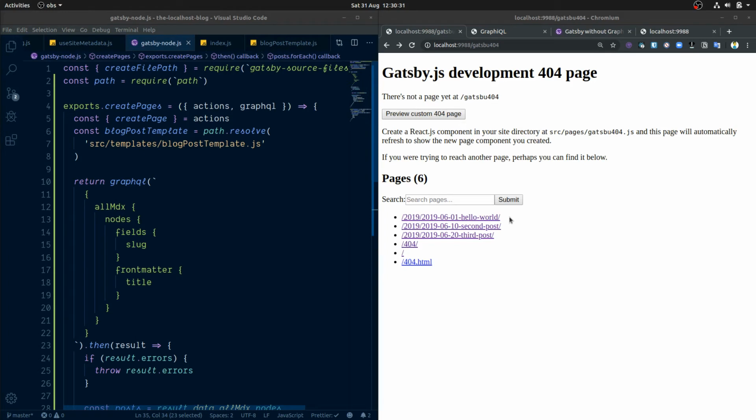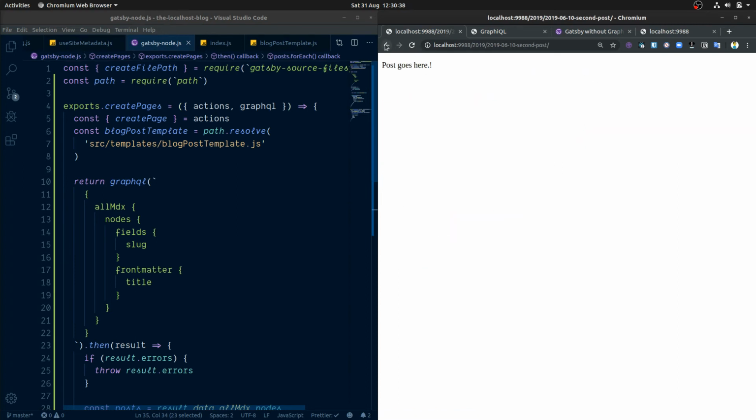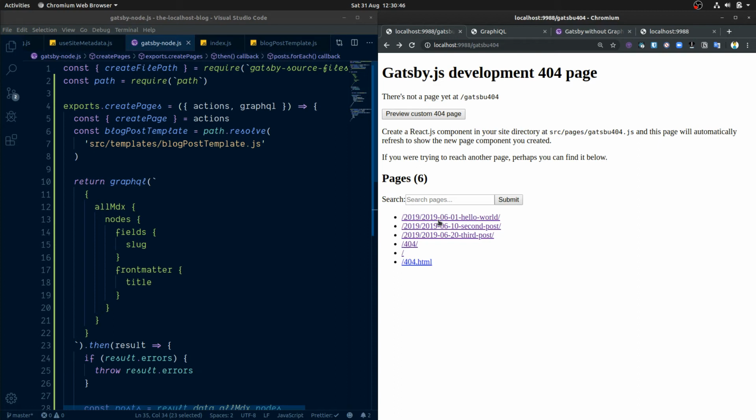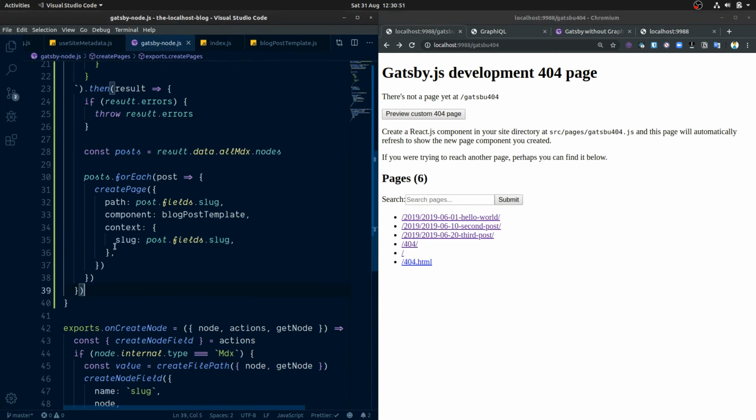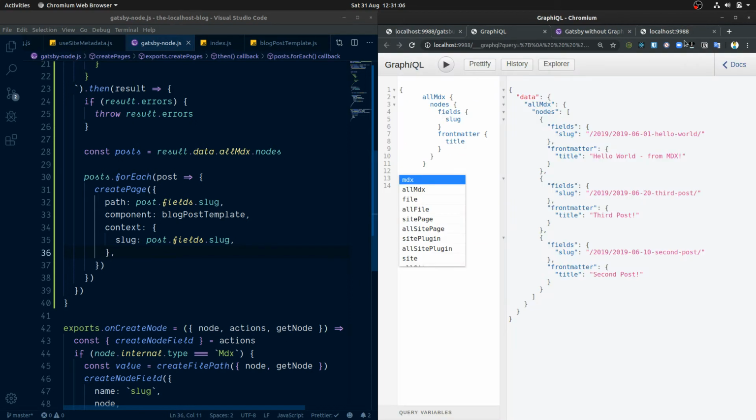Okay, so now we have our pages with our placeholder, which we made with the blog post template earlier. So now we have the place we want to build out our blog posts to. So we have the individual information for each one of these. This is where the context comes into play, where we have the slug being passed to the page. So if we take a look at the first one, Hello World, and then we go to our GraphiQL Explorer,